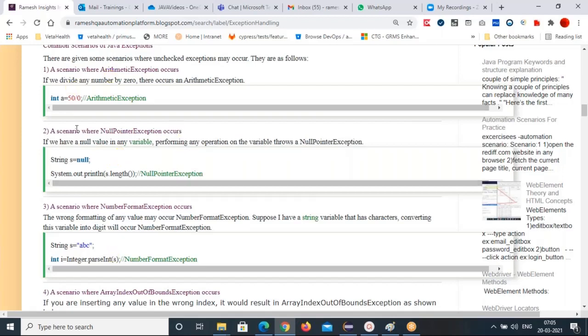So that's the reason I'm giving all these reasons. Why these exceptions are occurring is very, very important. Know the cause first. You should know the cause of why that exception is occurring. Then solving the problem is very easy. Once you know the reason, you can easily debug and get it.